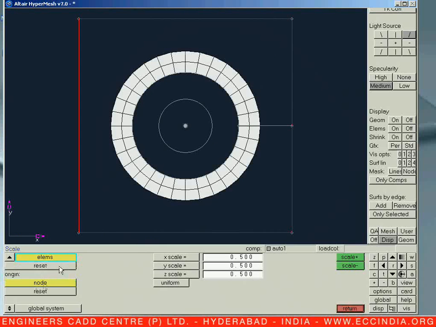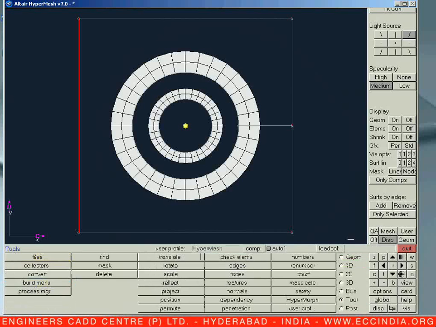Let us select these elements and let us say duplicate from your original composition, keeping your origin as the center for half, and let us say scale. Now we can see the elements are scaled and the parent elements are intact.